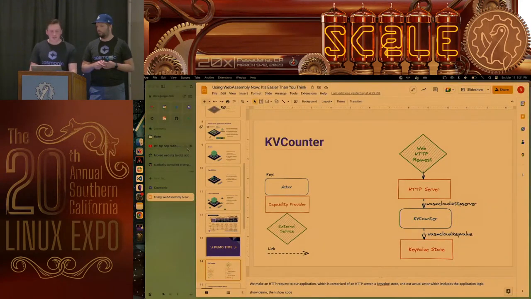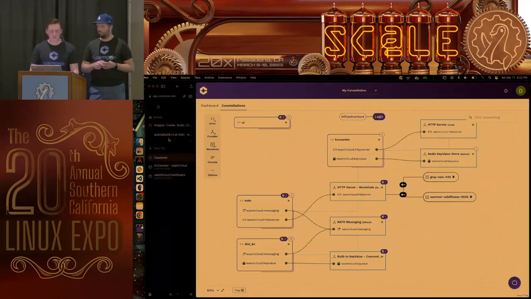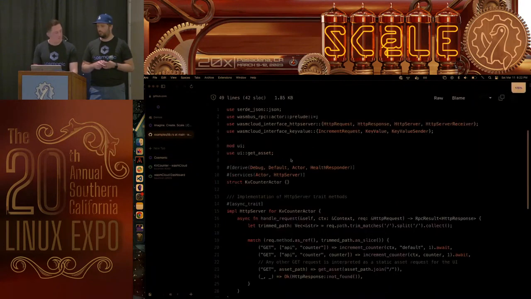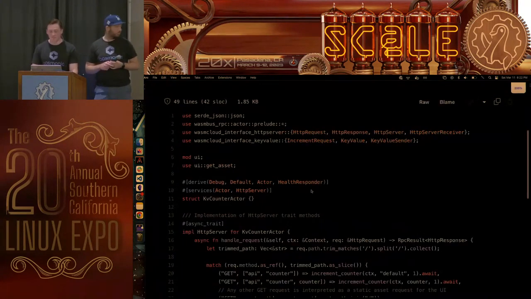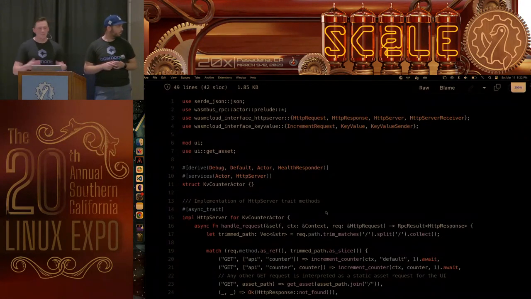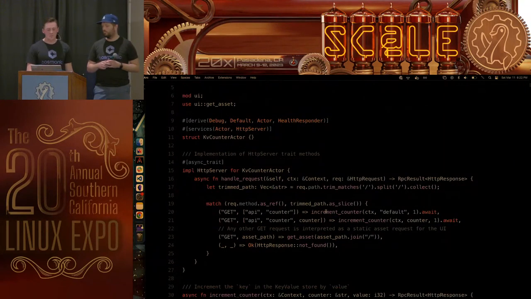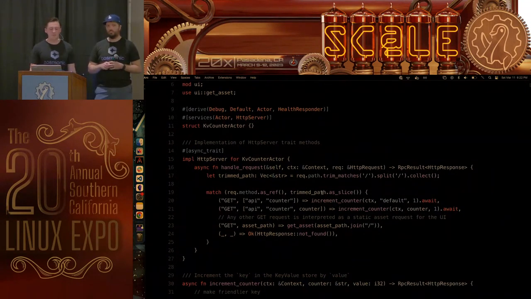So let's take a look at what this code actually looks like. This code is actually in Rust, which you may not have used. Actually, who's used Rust before? Who's actually looked at some Rust code? Nice, small subset of the room, but this should actually be pretty easy to grok